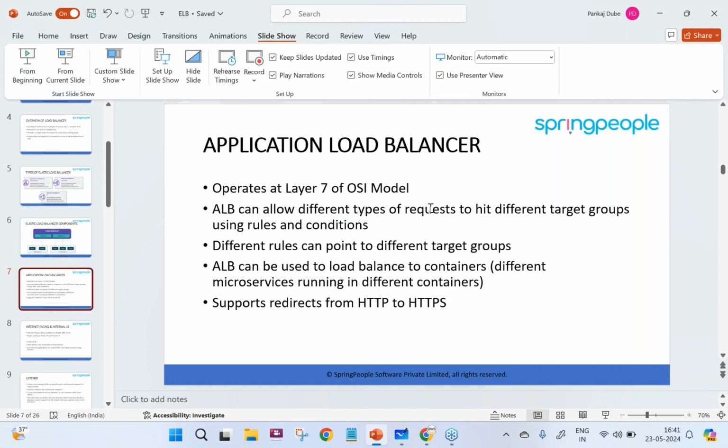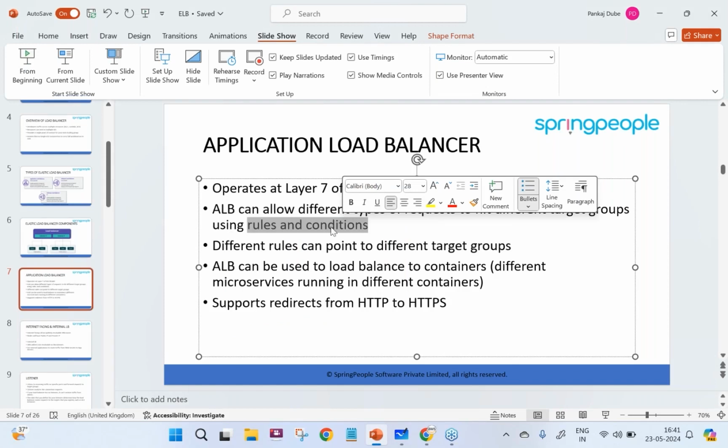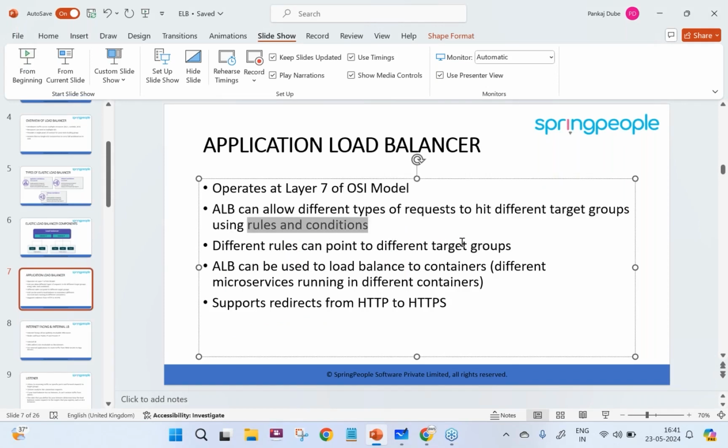It can route different types of requests to different target groups using rules and conditions, which we will discuss. Different rules can point to different target groups, and ALB can be used to load balance to containers, along with the Elastic Container Service, for different microservices running in different containers.